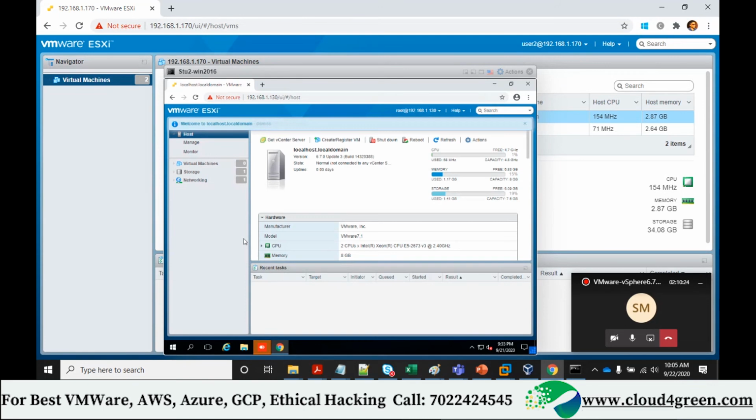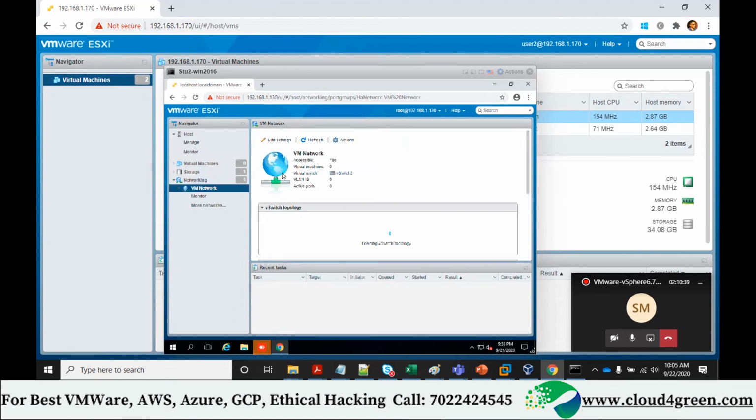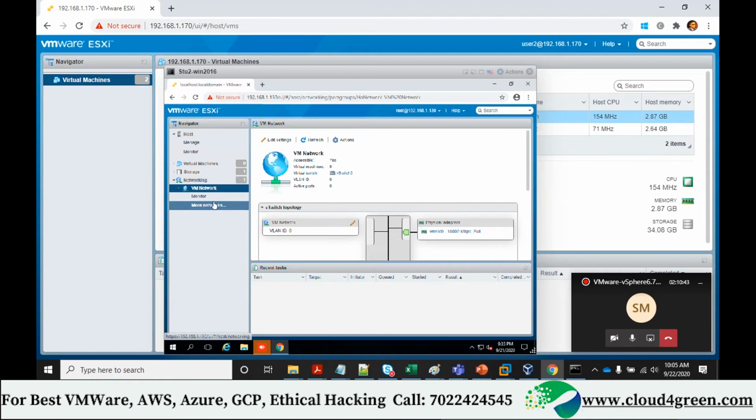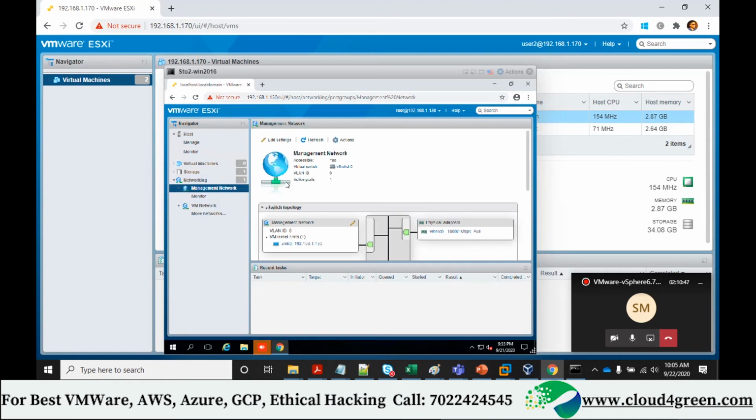See, ESXi is up, but it is not configured properly. ESXi is up, but it is currently running with what? DHCP IP. Yes. Okay, if you look into this networking section, here you can see VM network. When you click on networking, management network, when you scroll down, can you see one IP here?